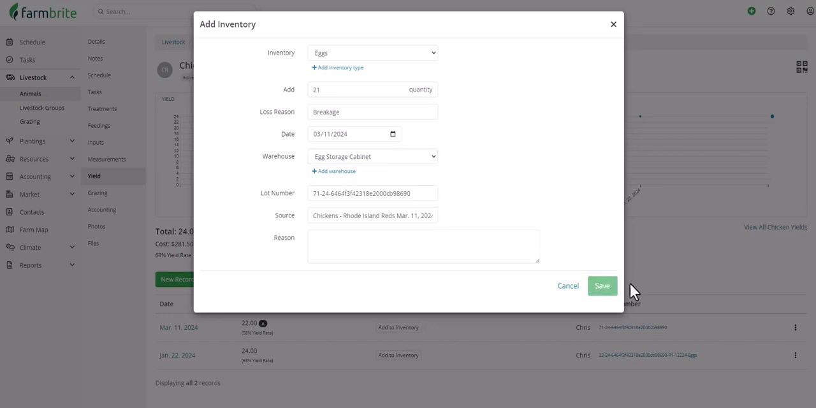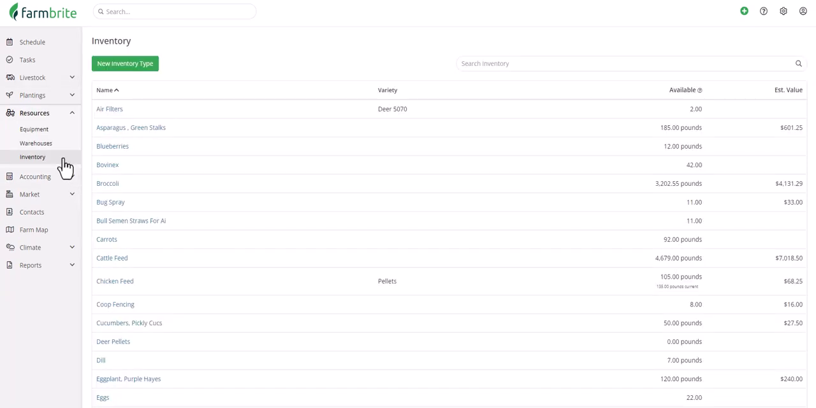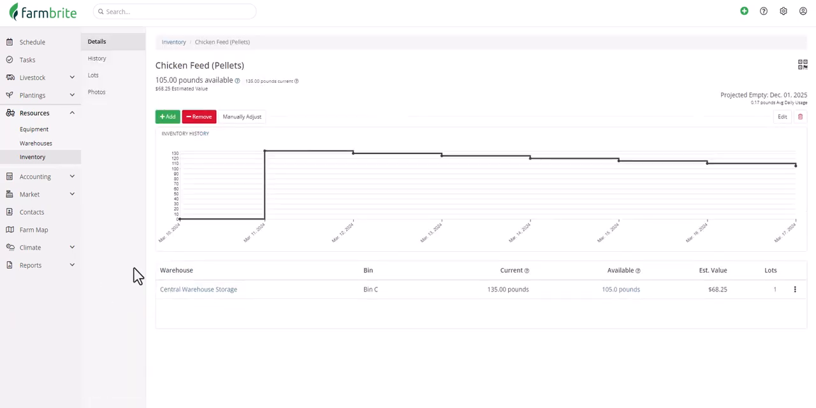And then we'll save, where we can see that we yielded 22 and added 21 to our inventory in this lot number with 1 as a loss due to breakage. Now let's go back to the inventory section and see how the feeding and egg yield we just did affected our inventory. Let's take a look at that chicken feed and immediately notice that we have 105 pounds available, but